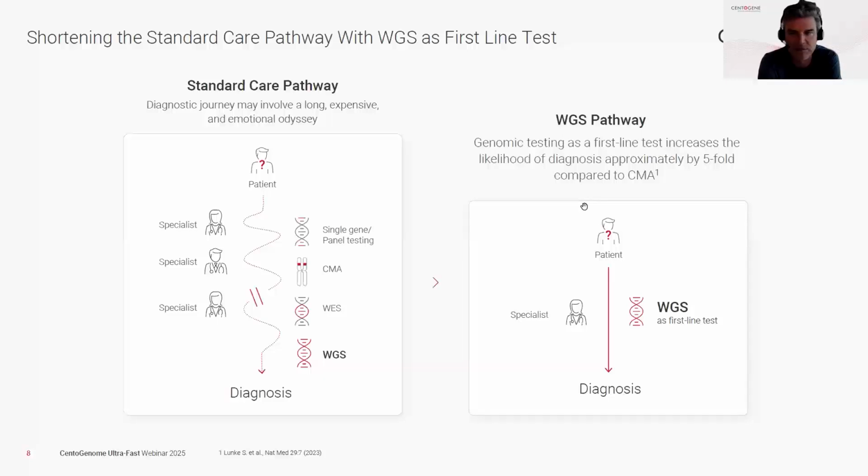And many of these children sometimes even miss a diagnosis because they pass away in a critical illness before a diagnosis is established. With rapid genome sequencing, on the other side, we have an opportunity to increase the yield over standard of care, but also come back in a very limited amount of days with a suggested diagnosis, and then help the team of specialists at once to discuss a case